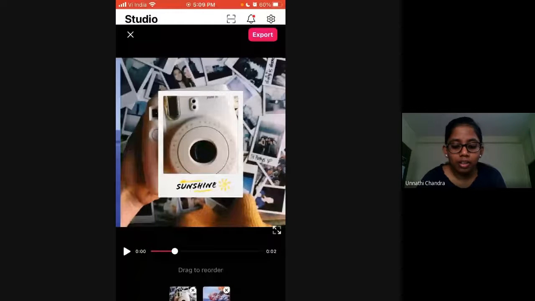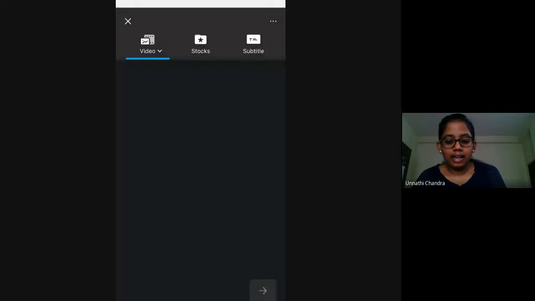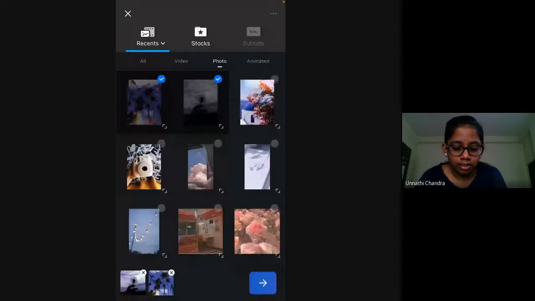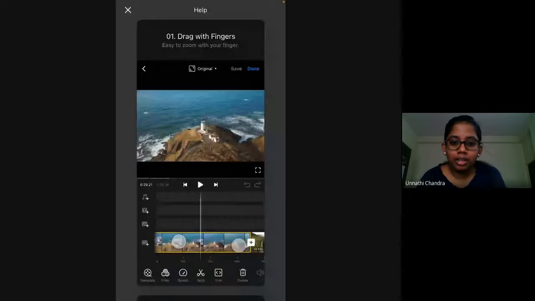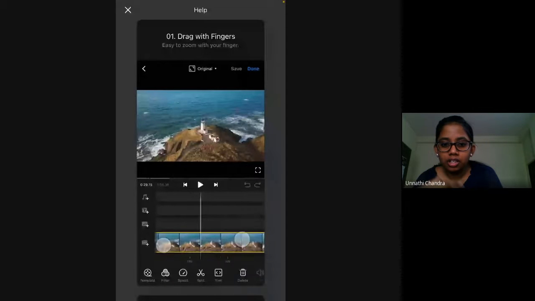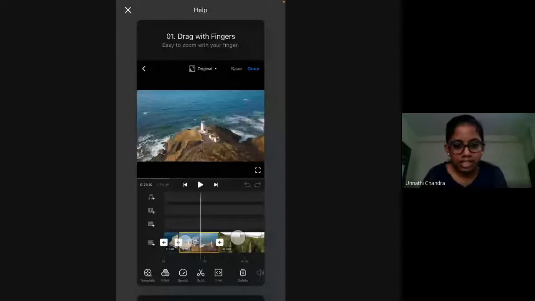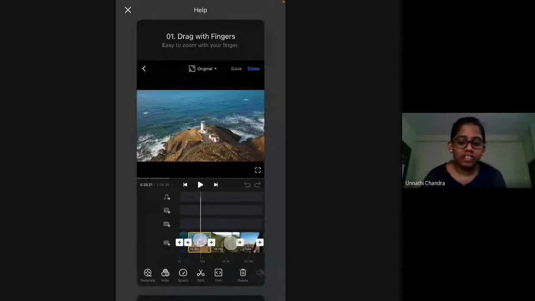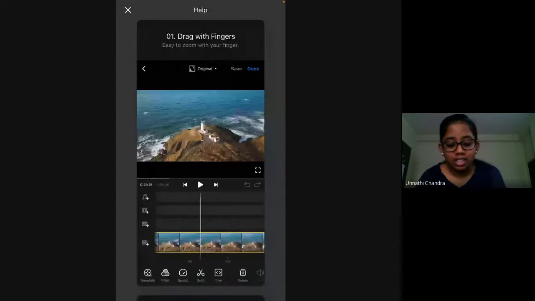And again, now go back to the home page and click on new project option, and you can select any photo that you want in your gallery here also. Just select it. Now, quickly you can see the editing options on the screen itself right now. It is almost like InShot. Just little differences here and there in the way of editing and the display of the app. So you can see, you pinch in, you drag with your fingers to zoom in just like in InShot.